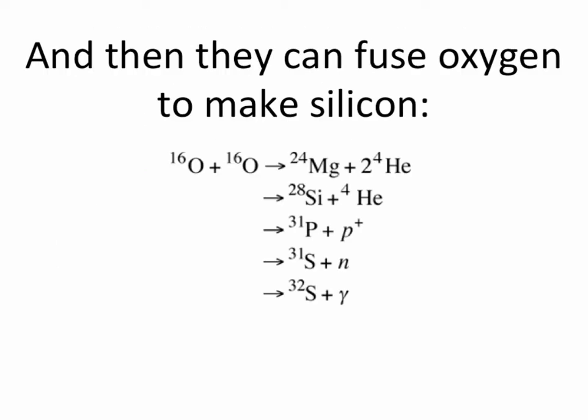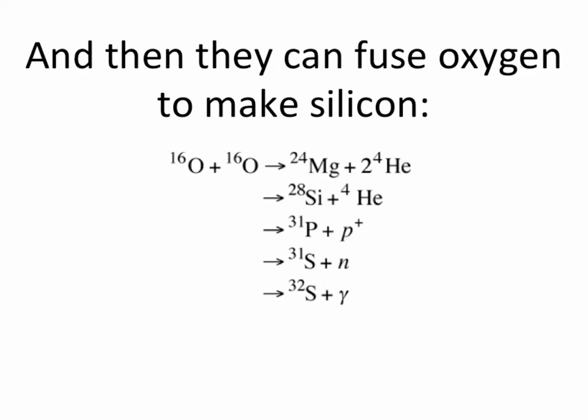Now gravity can then begin to squeeze this oxygen, neon, magnesium down until fusion of it can begin. And for example, oxygen can fuse to make more magnesium, it can fuse to make silicon, it can fuse to make phosphorus, it can fuse to make sulfur. Again, several different things can happen. Meanwhile, neon and magnesium are doing their own fusion, but basically we're making elements up near silicon and sulfur in